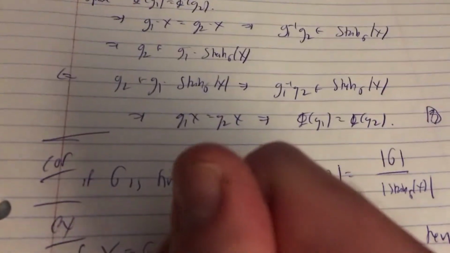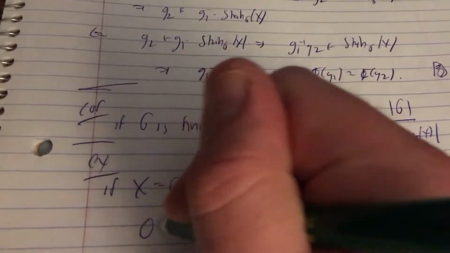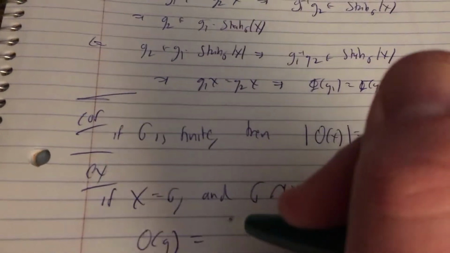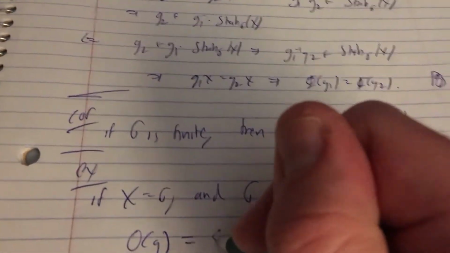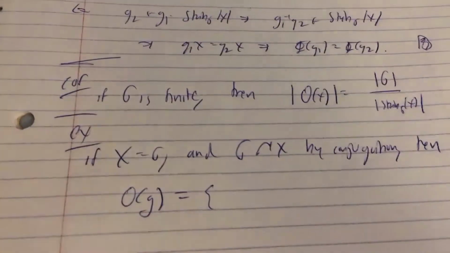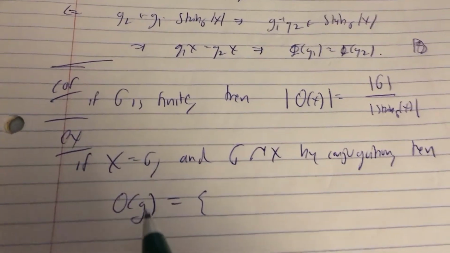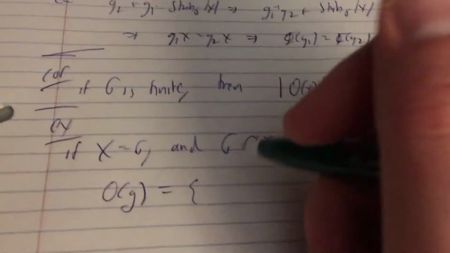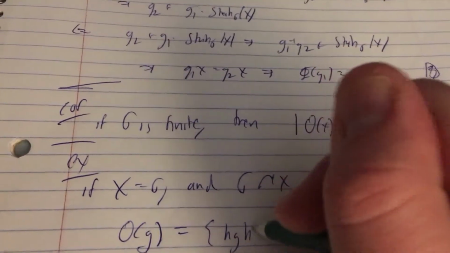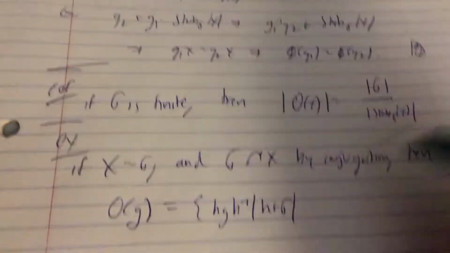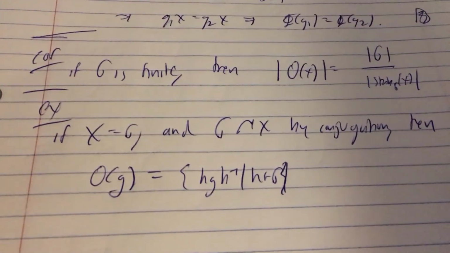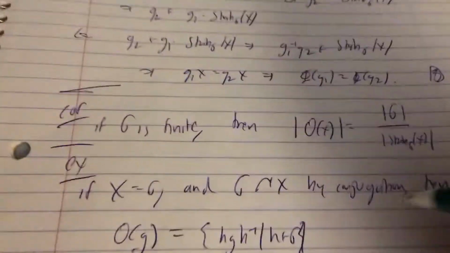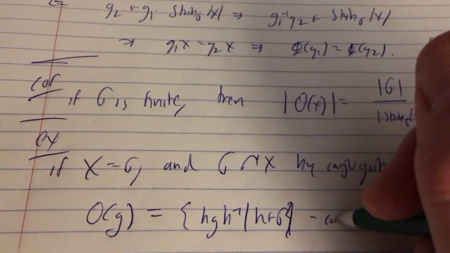So the orbit of g, so I'm fixing a little element g in G, which is x in this case, is the set of all things that you get by conjugating little g by elements of G. So this is the set of h g h inverse such that h is in G. And this is called the conjugacy class